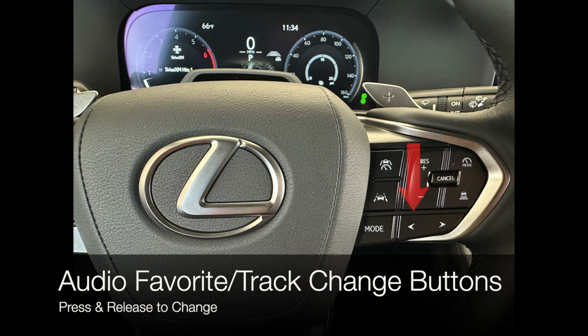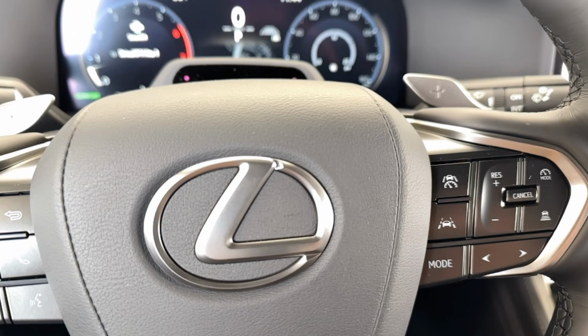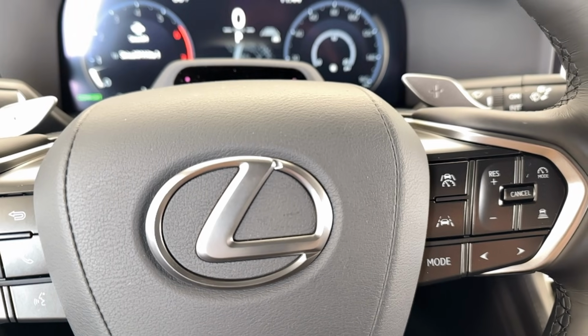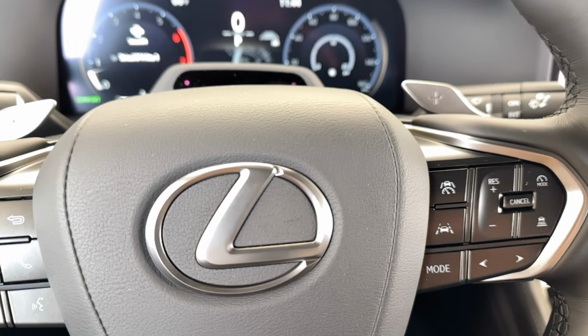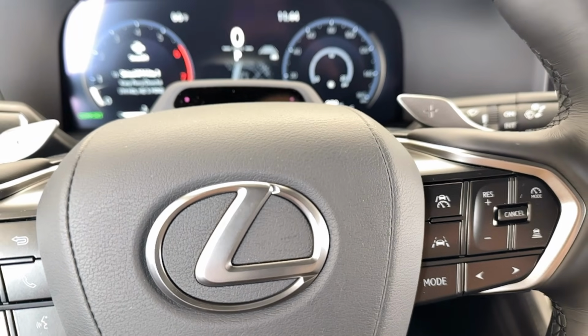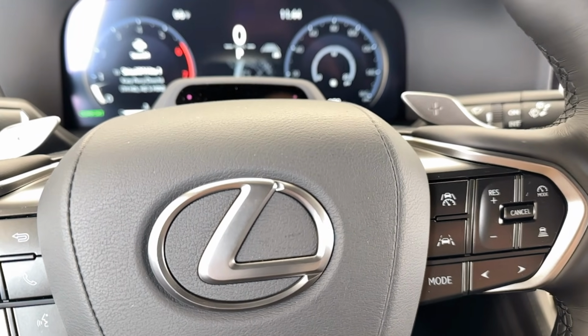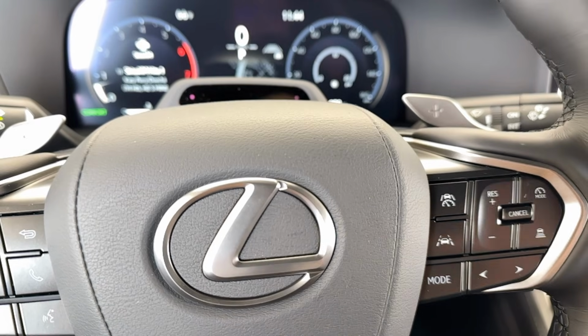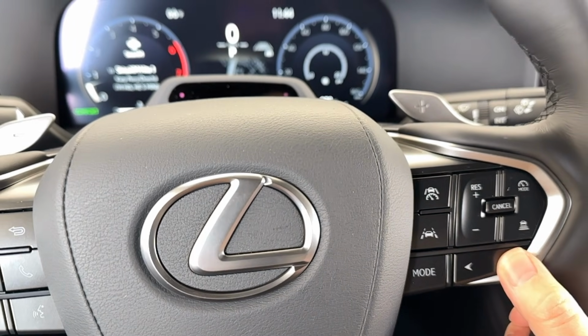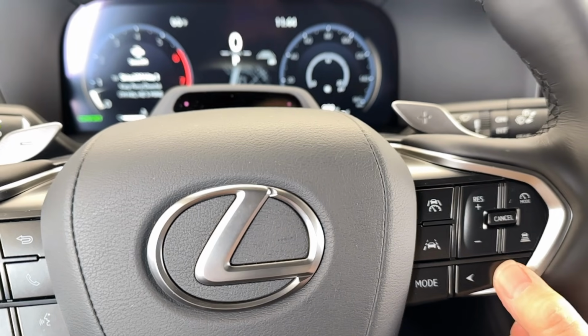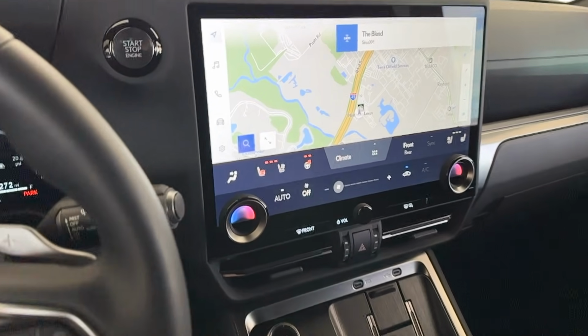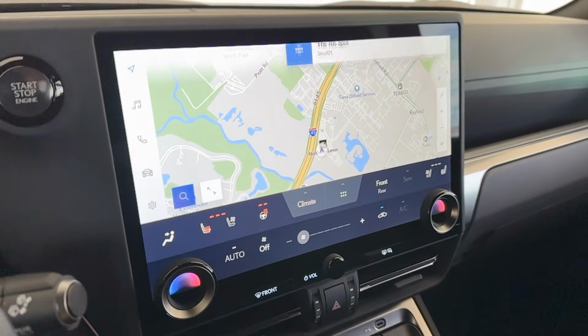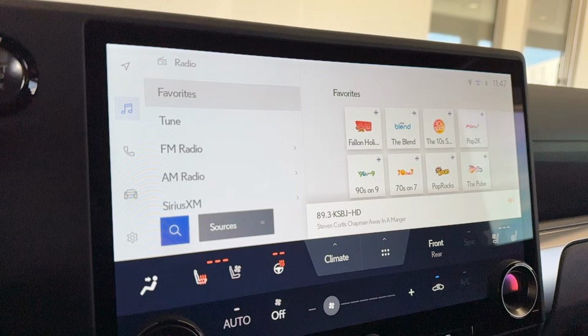Using the left and right facing arrows on the bottom of the right hand side of the steering wheel, these arrows are for the audio system, and they will move you from track to track or from favorite to favorite, depending on what type of audio you're listening to. So you'll just use the buttons. So just click through. You'll see a drop-down message on your main display, or if you happen to be on